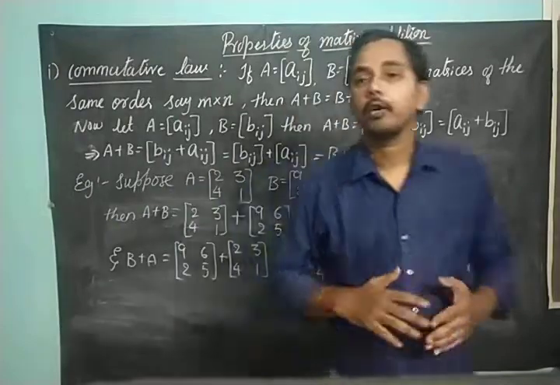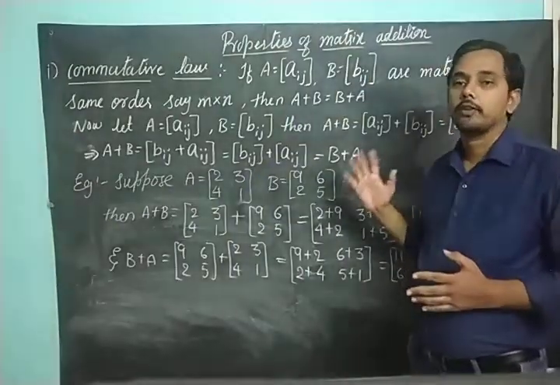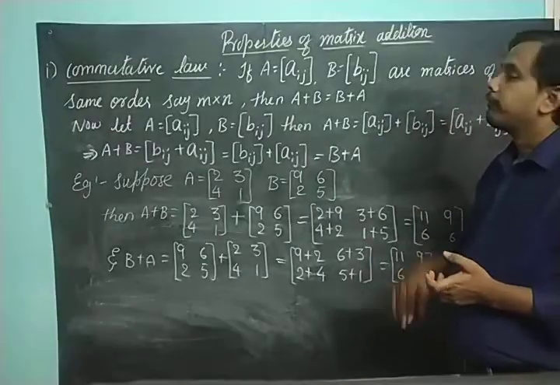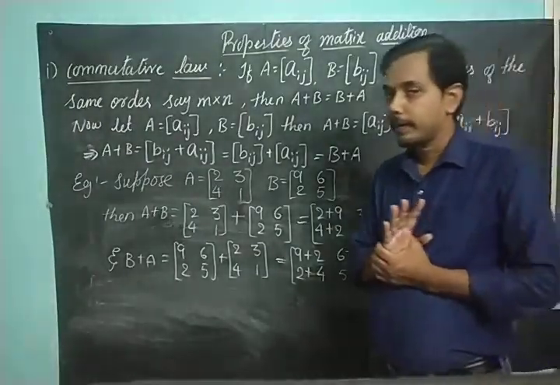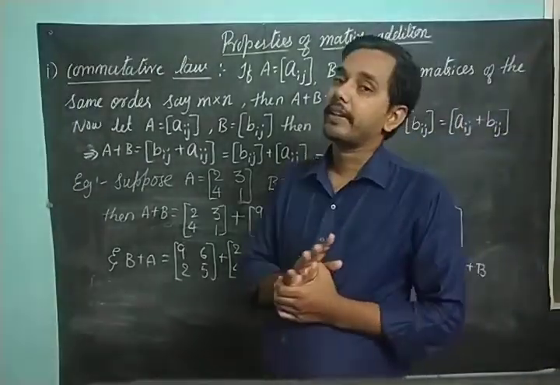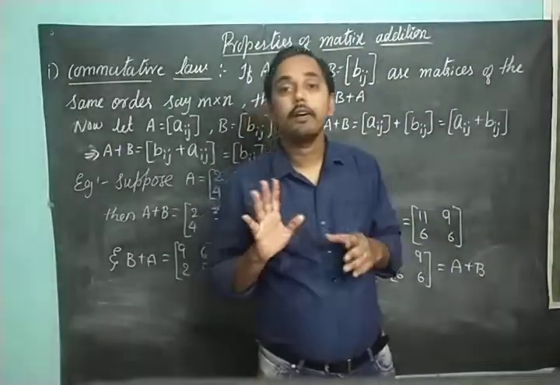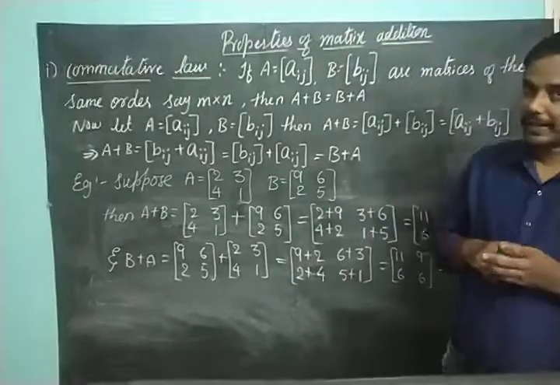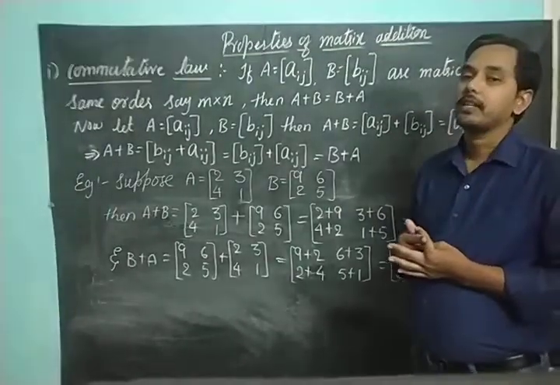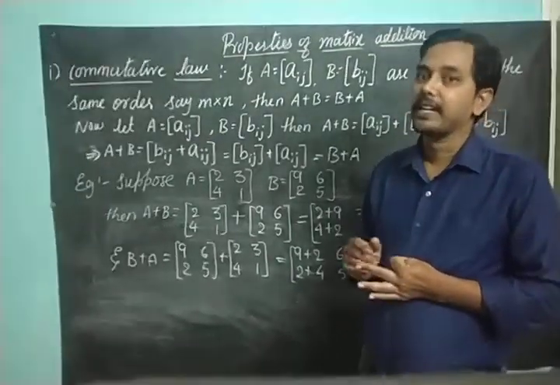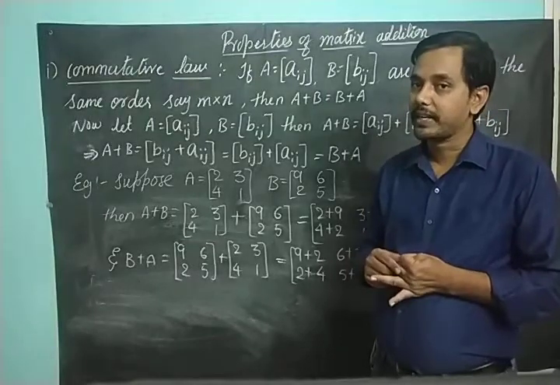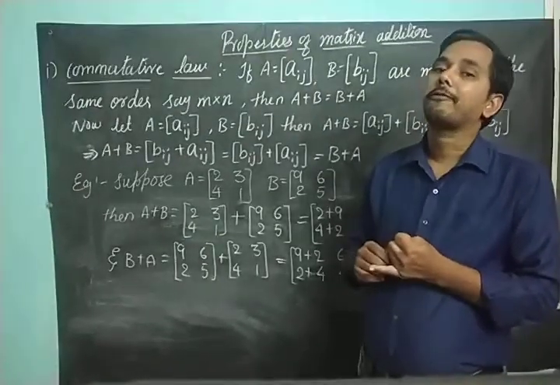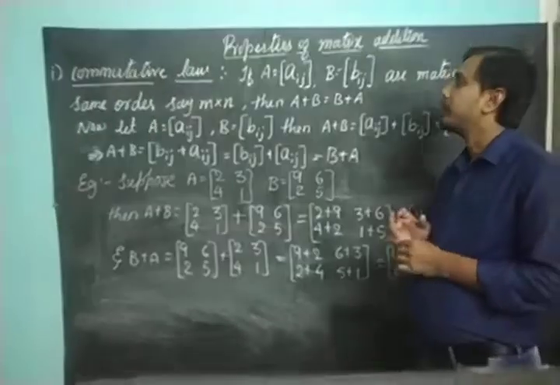Okay friends, I hope you have taken down all the things which were there on the previous slide, right? So we have 5 types of matrix operations. What were they? We have totally learned 5 types of matrix operations. First one was matrix addition, second one was multiplying a matrix with a scalar, third one is negative of a matrix, fourth one is difference of matrices, and fifth one is matrix multiplication.